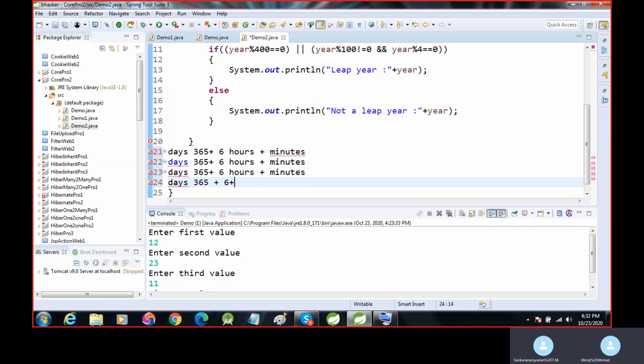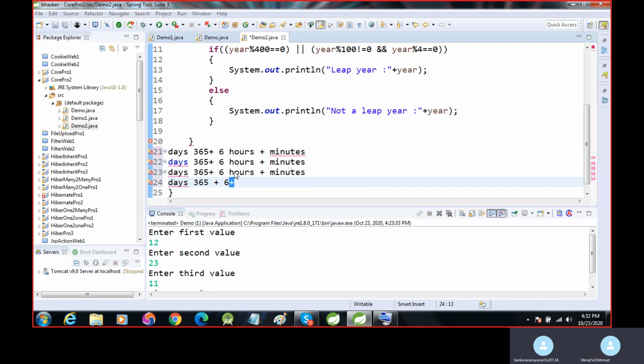After 400 years, the remaining minutes make the equivalent of 1 day.